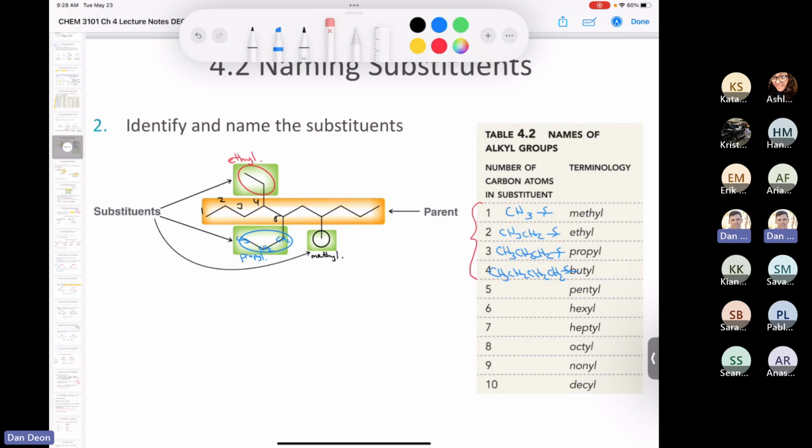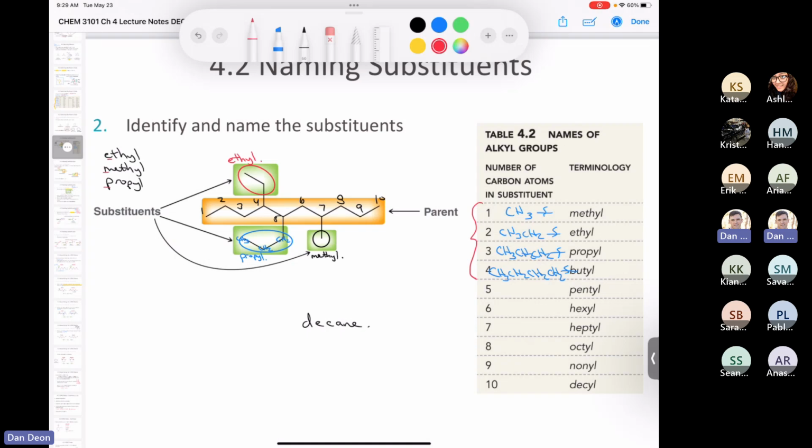Somebody asked me, when do you put the alkyl group in parentheses? The only time you do that is when you're using a complex branch. That's when you put them in parentheses. So for this one, we have 5, 6, 7, 8, 9, 10. So this molecule is some kind of decane. And then let's see, we've got propyl, ethyl, and methyl. So ethyl is going to come first because of the letter E. Methyl is going to come second. And propyl is going to come third, right? Because we have E, M, and P.